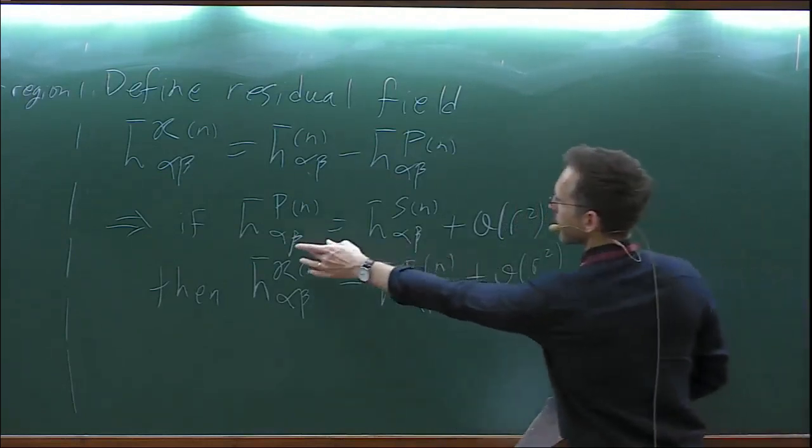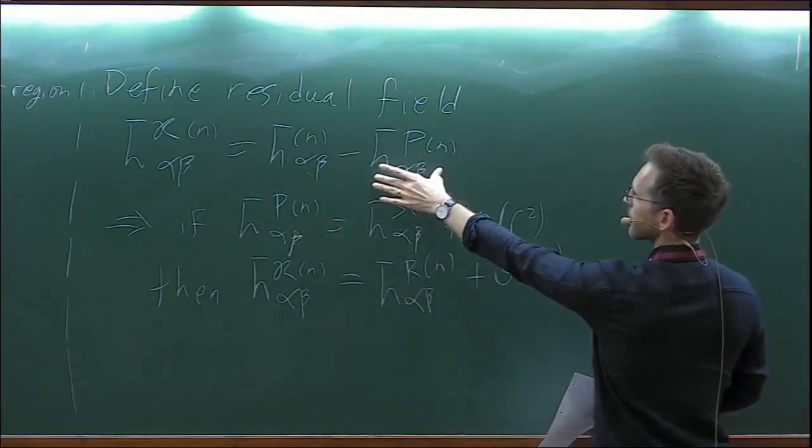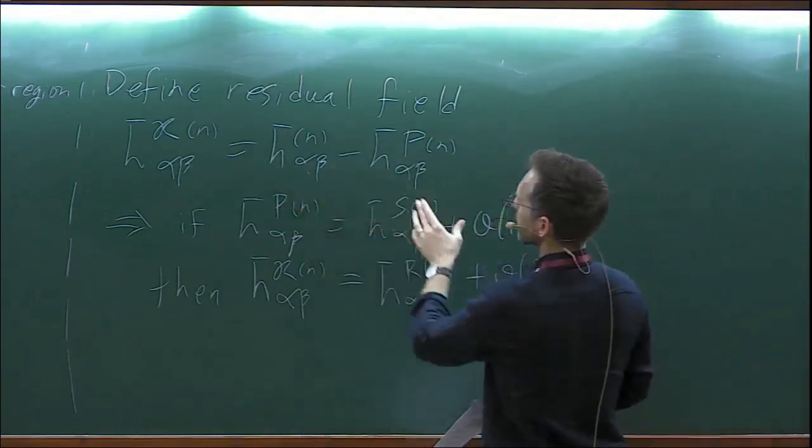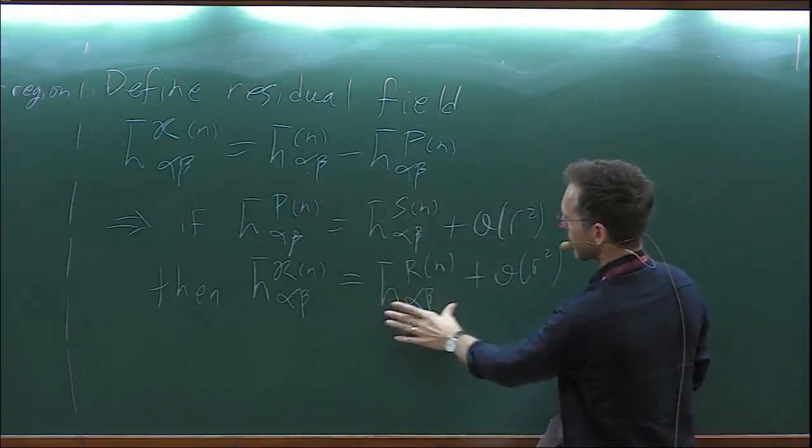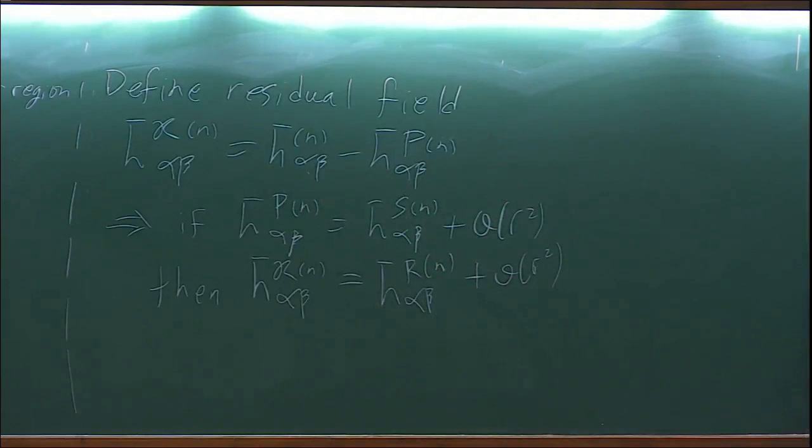Because if we put this expression in for the puncture, we get the full field minus the singular field plus order r squared, and that's exactly the regular field plus order r squared. So what this means is